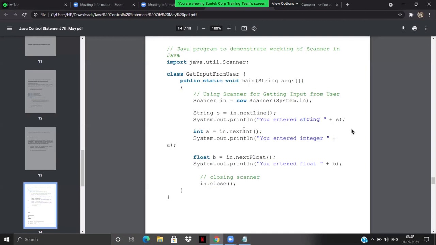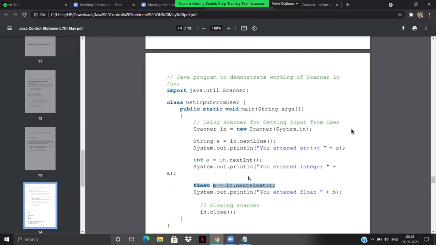If I want to take an integer, it will be nextInt; a float will be taken as nextFloat, and a string as next. Make sure the very first character right after next is a capital letter. These are the things when you write code; you need to memorize them. Otherwise, you will keep getting errors and it will be hard.